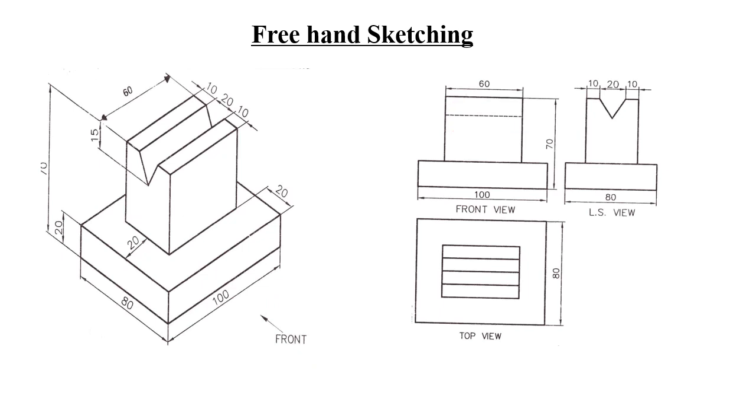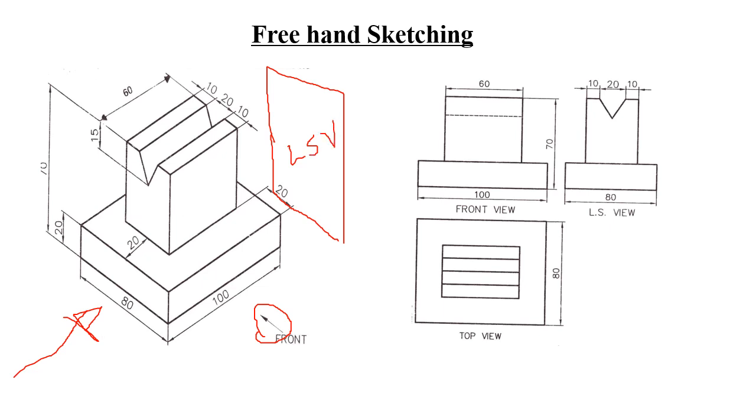Similarly, in this case, you are asked to draw the left side view. Left side view means to the left of the front view. So to get the left side view, you have to see the object in this direction. Either you can say it is to the left of the front view or to the left of the object, taking the front view arrowhead as the reference direction. In that case, the plane you have here is the one which gives the left side view. So that is what is done here. To get the left side view, you have to see from here.